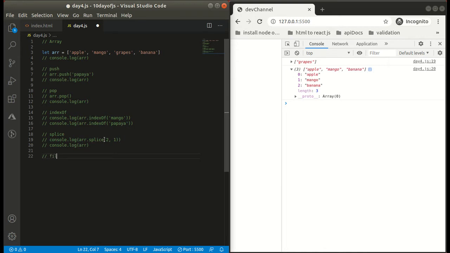Let's see another method, filter. It simply returns us an array after applying the function that we pass to this method. It filters the array based on the criteria.